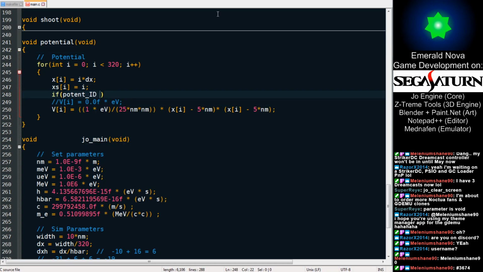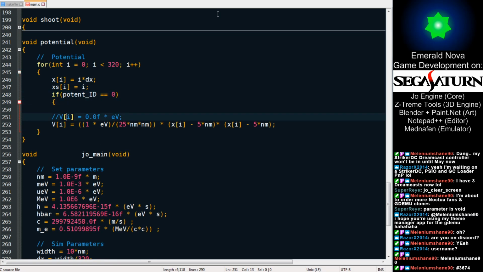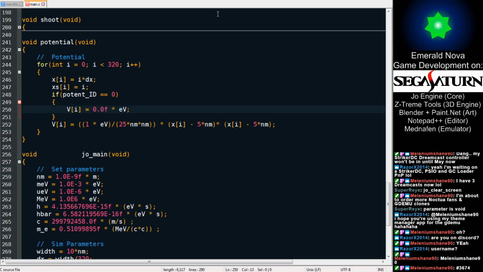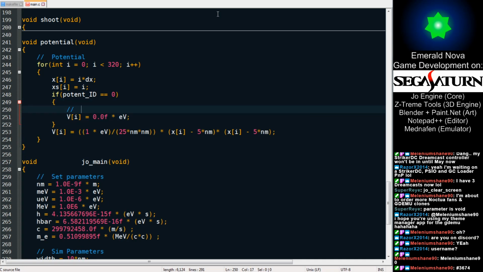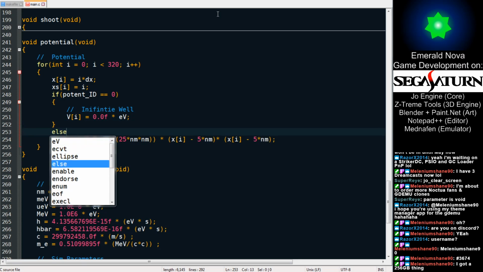If potential ID is equal to 0, we'll call this the infinite well. Else if